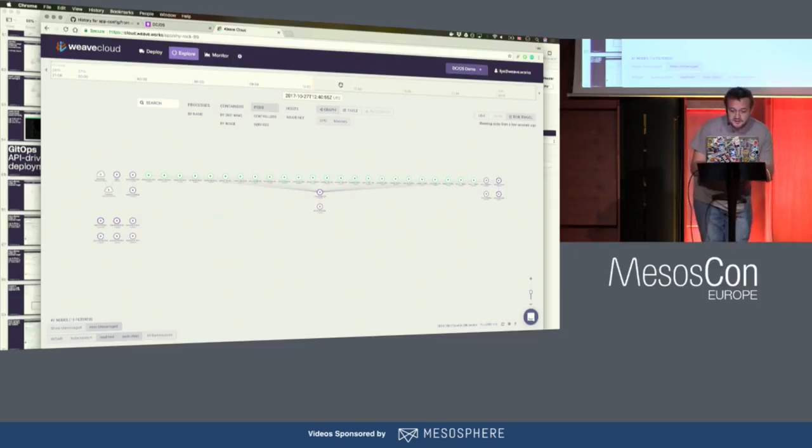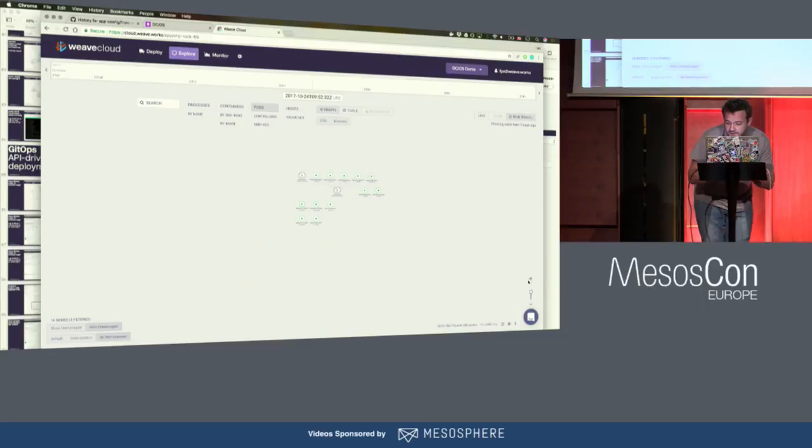So if I go back to the time before I deployed the sock shop, I can zoom out, and I think that was on the 24th. Right, we can see that there are a lot less things here.